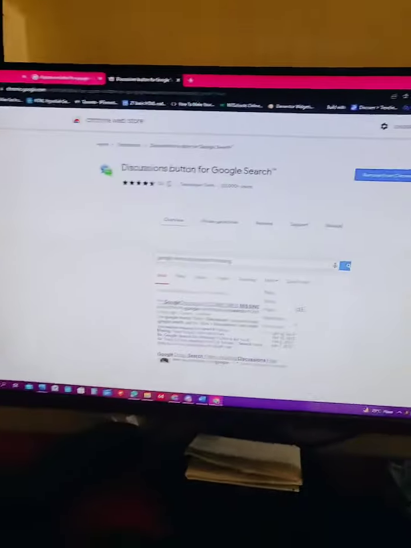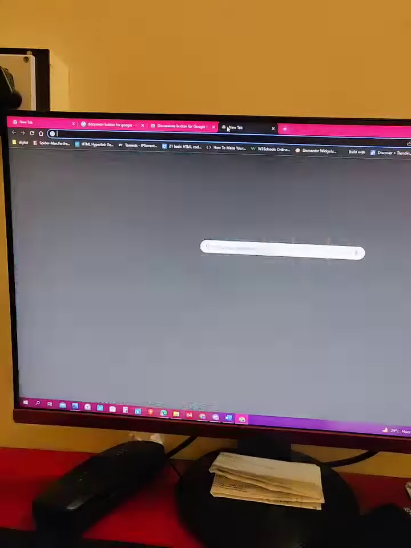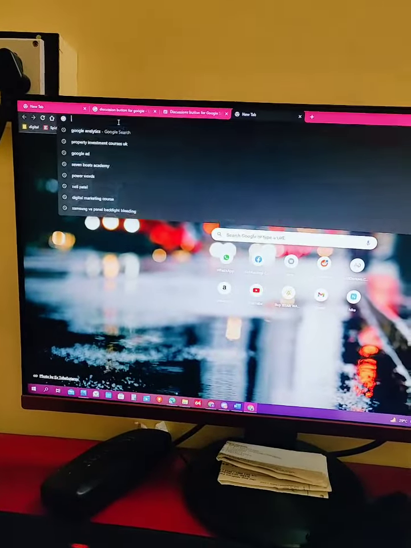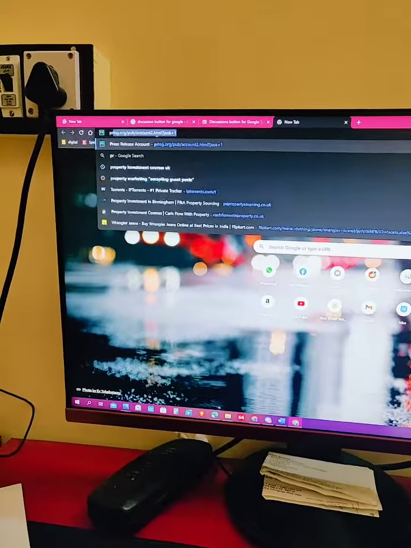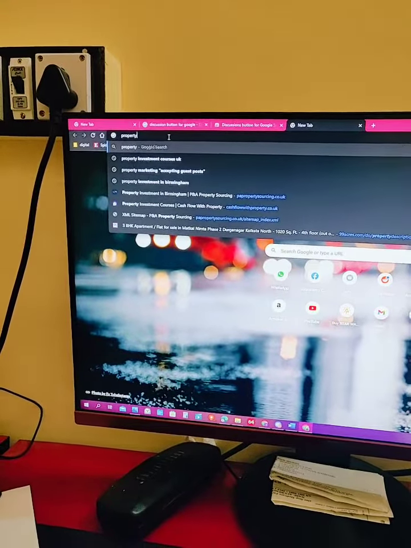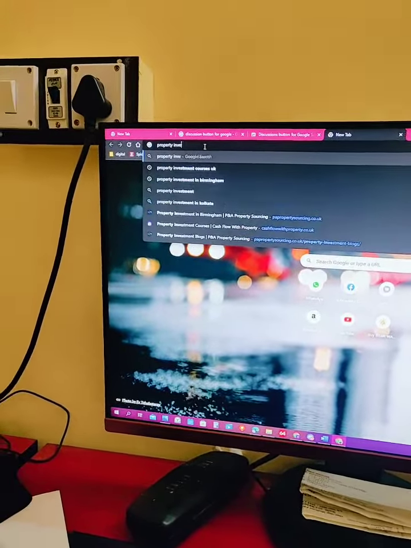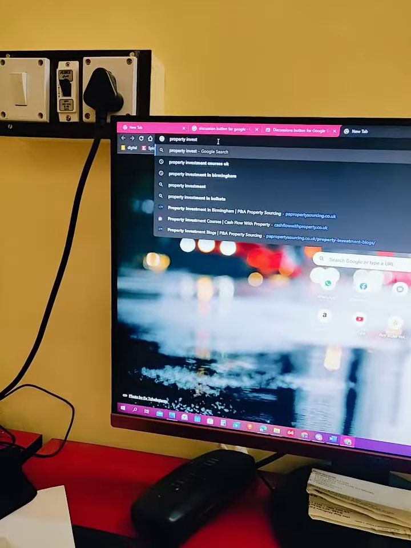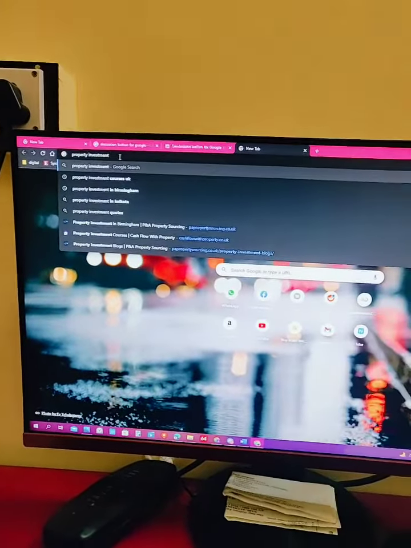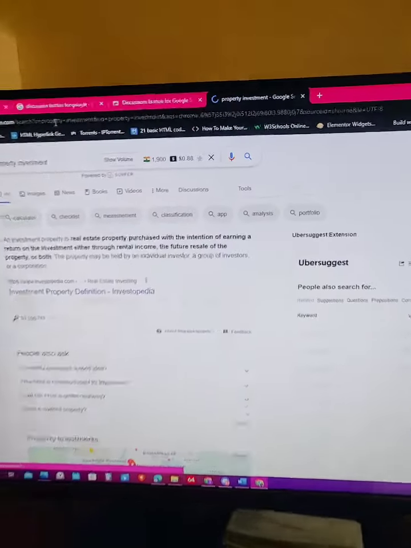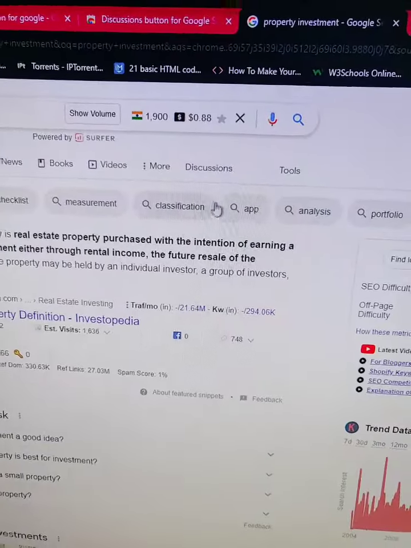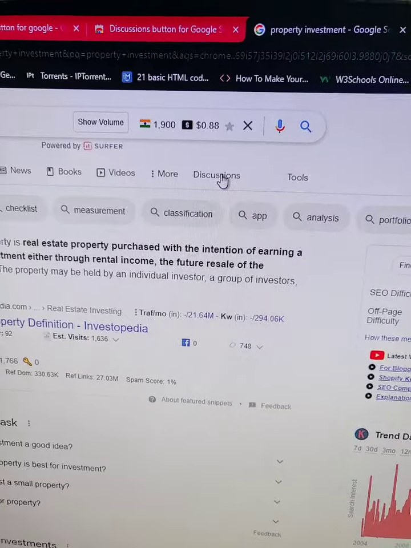So once you enable this, let's search something on Google. Let's say I want to find backlink for anything related to property investment. So property investment is our target keyword. So once you search this on Google, you will see a new button on Google search called discussions. So once you click it here,